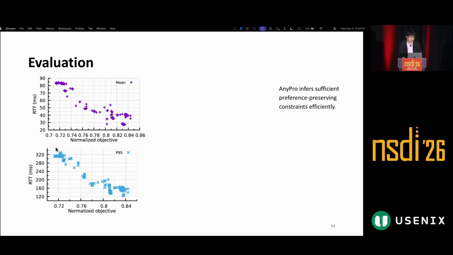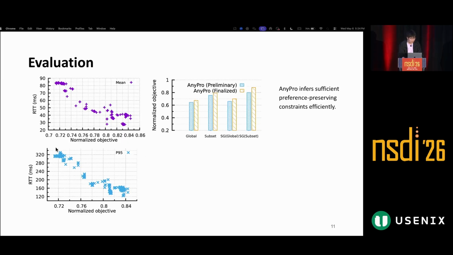We can see that it has a 0.95 Pearson correlation for the first graph, and 0.96 correlation for the second graph.